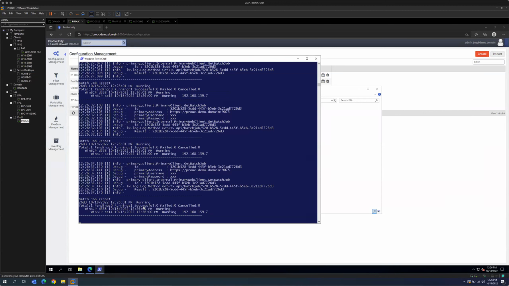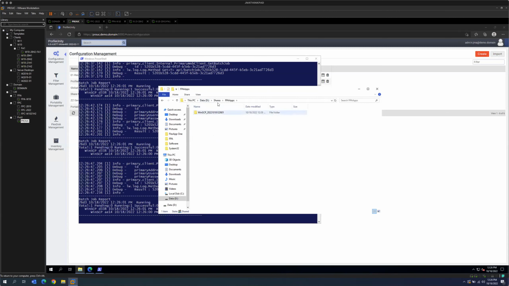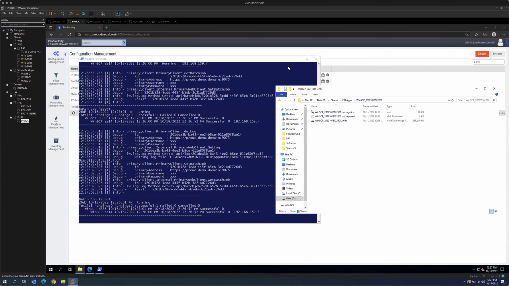So if I come back out here to my D drive, and let's pop over to the share where we land. I have a FlexApp packaging automation app share, and you'll actually see we are capturing that WinSCP guy out here. And if you give it a little bit, it'll show 1 successful, and then this dialog will go away. And then once this dialog goes away, I'm off and I'm ready to test that application and make it happen